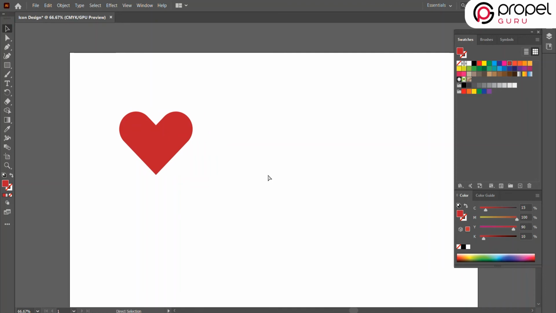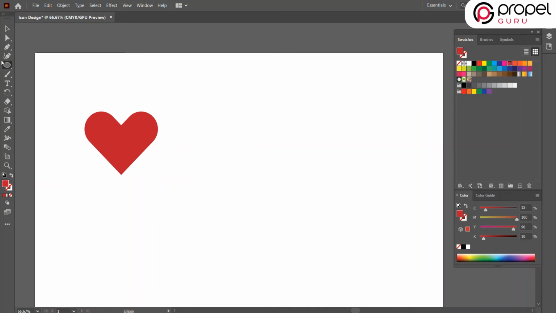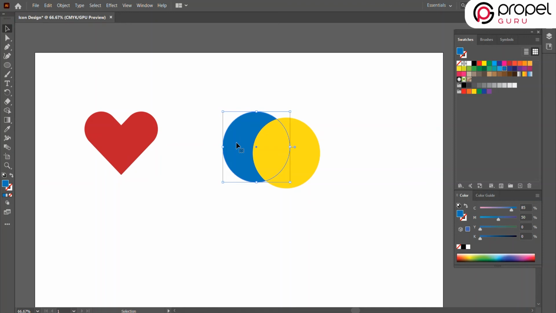I'm going to make a chat icon now. So I'm selecting the circle from the shape. As you know, if I press Shift, it will create a perfect circle. By pressing V and Alt, we will drag it and it will make a copy. I am making it yellow and making the other circle blue. And I will overlap the yellow circle with the blue one.